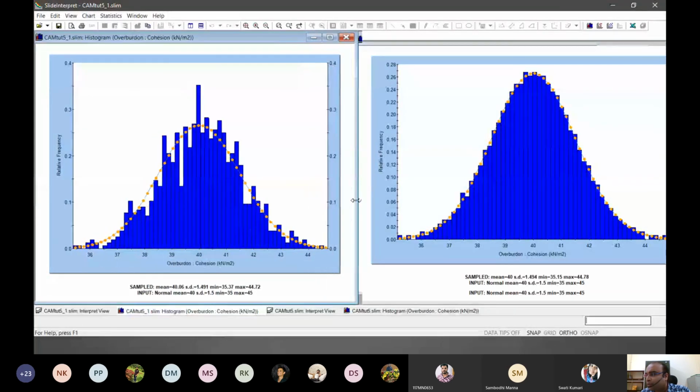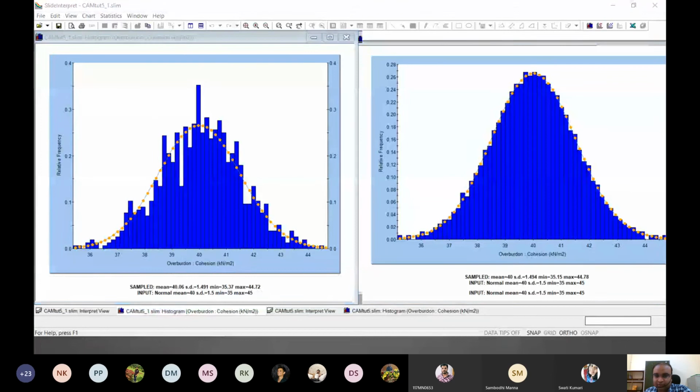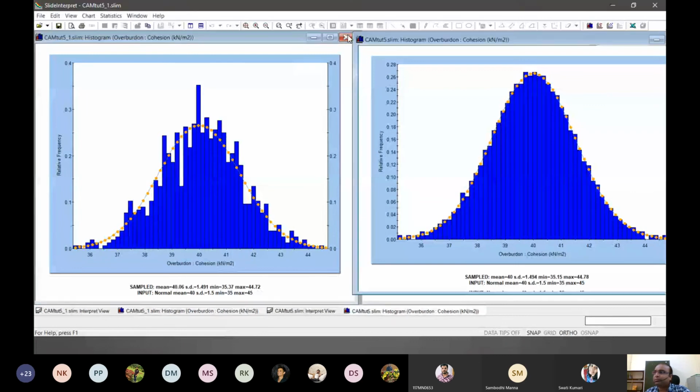That's the difference. It has the same number of variables, 1,000 variables we tried, but the way in which it is distributed is quite different, and that's the advantage of the hypercube method, because it distributes the input parameters very well as compared to the Monte Carlo simulation, where random variables are generated. So that's a difference in this method.